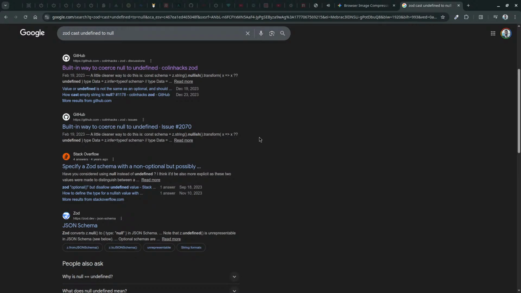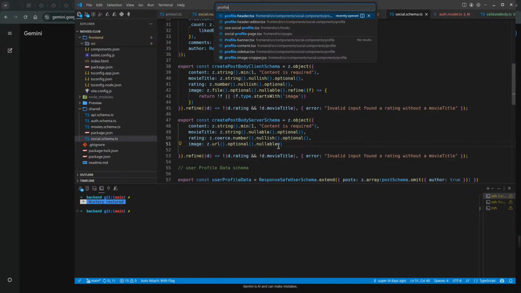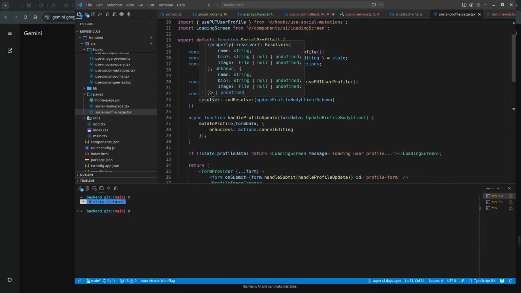Okay, if I want to convert null to undefined. Let's look at the social profile page. My form doesn't have default values, and these guys could be optional.